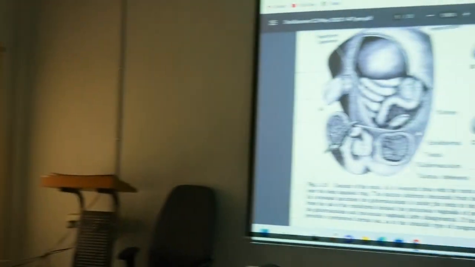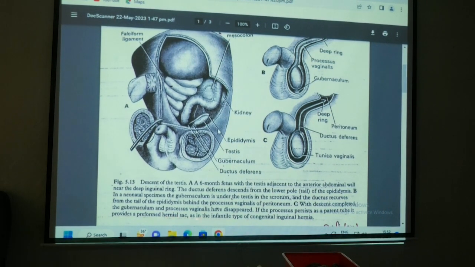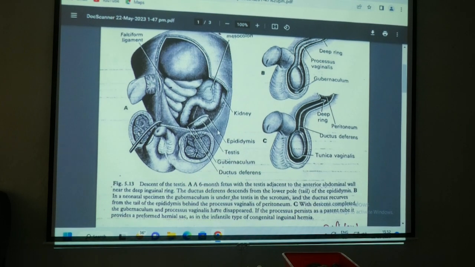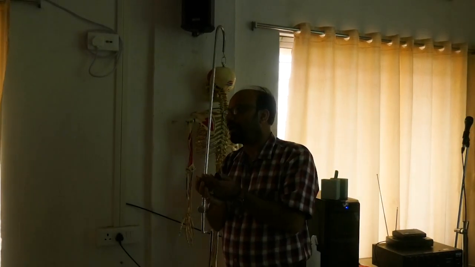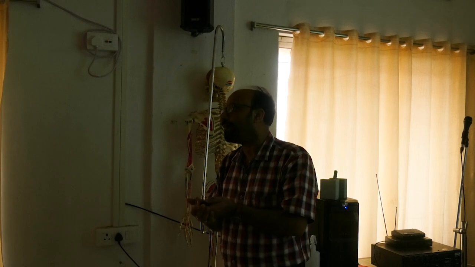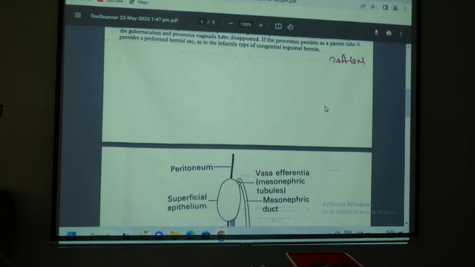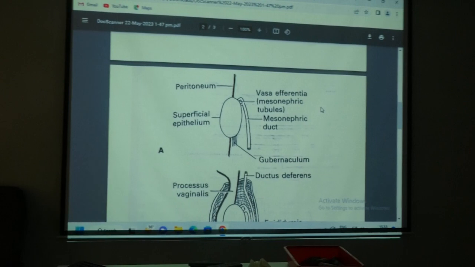In case of male if the processus persists as a patent tube it provides a preformed hernial sac as in the infantile type of congenital inguinal hernia. যে sac তৈরি হয় that sac is provided by the persistent processus vaginalis যদি রয়ে যায়, একটা পেটেন্ট টিউব হিসাবে। এই দেখো এটা পরিষ্কার দেওয়া আছে, পেরিটোনিয়াম।